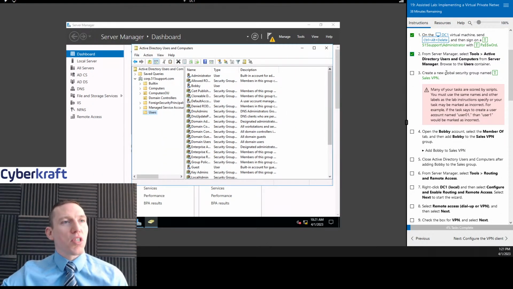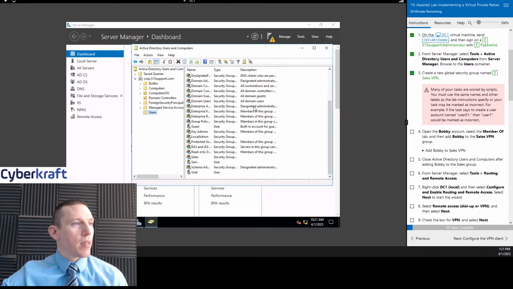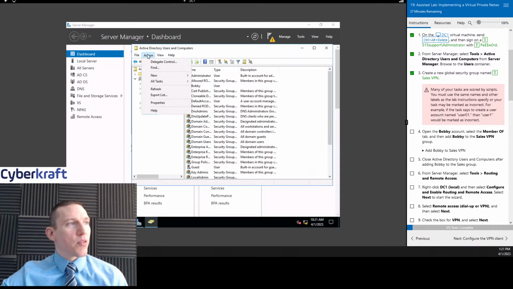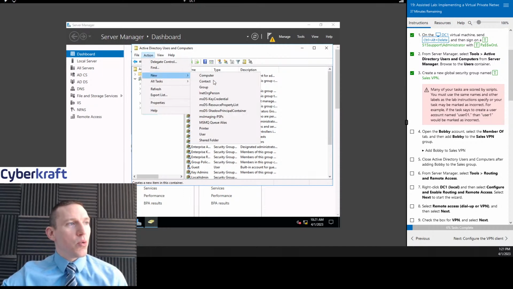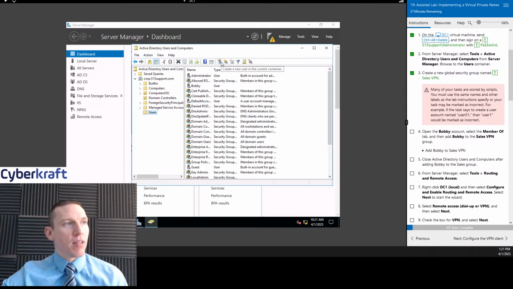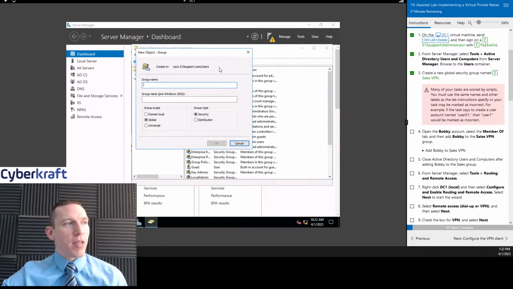Okay, no, we're going to create a new security group named Sales VPN. So we have security groups and users in our Users folder here. We're going to go Action, New, Group. Okay, and we can also do the same thing with the user or group button here. So I'm just going to go ahead and click that button. Either way